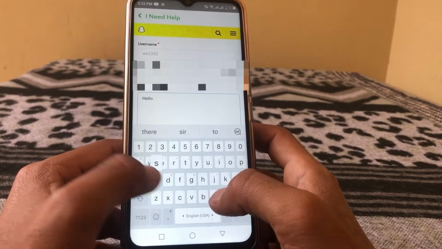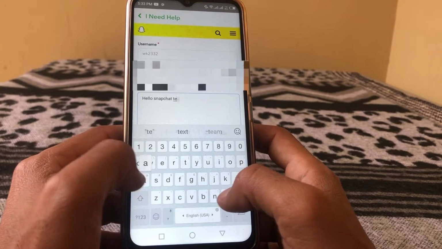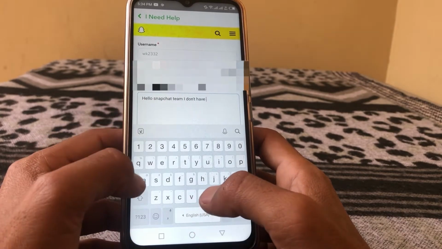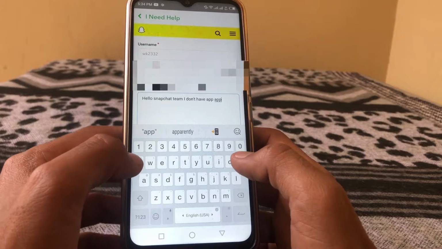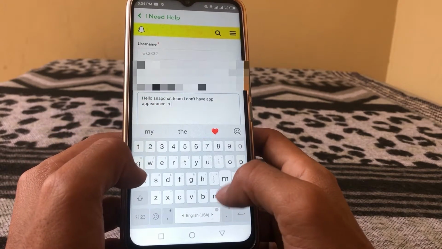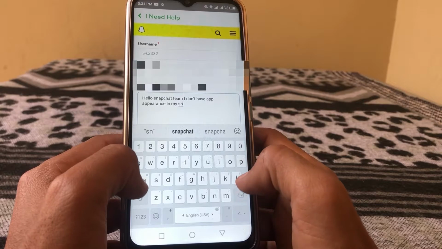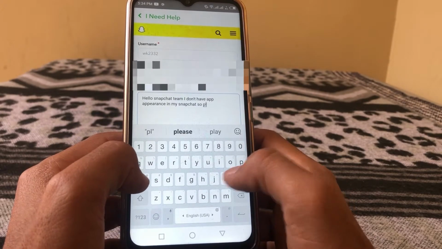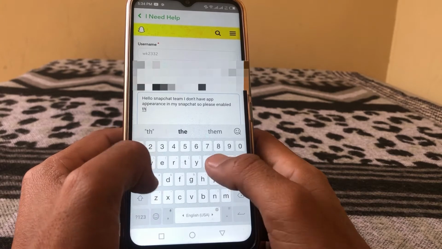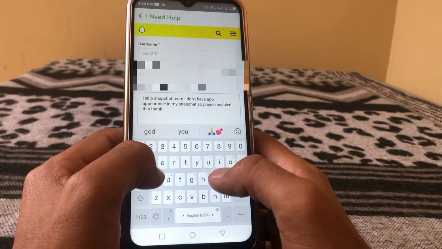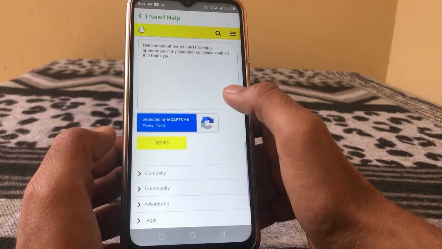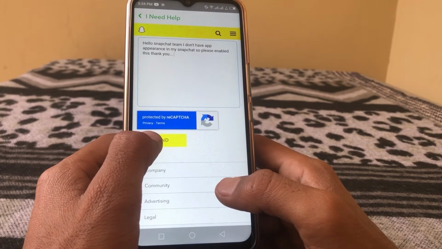Hello Snapchat team, I don't have app appearance option in my Snapchat. So please enable this. Thank you. After getting this one, just simply tap on send, and